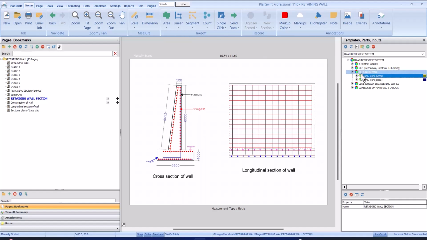Under the template, you can see we have concrete work for stem and also concrete work for base. Under this concrete work, we have sub items, which are the reinforcement and also the formwork for the stem. And under the base, we also have the same: the reinforcement and also the formwork. So let's start with the